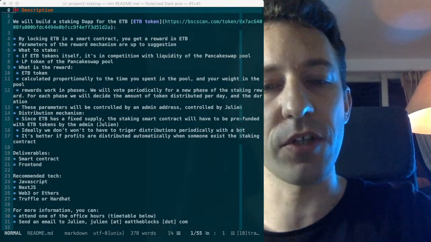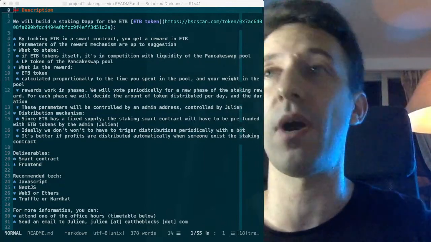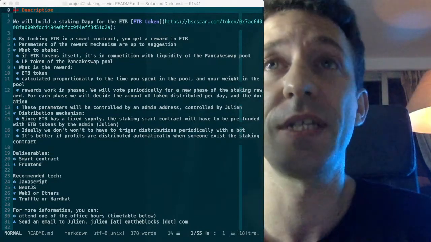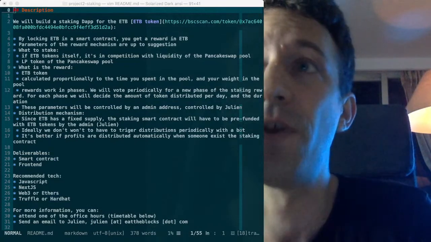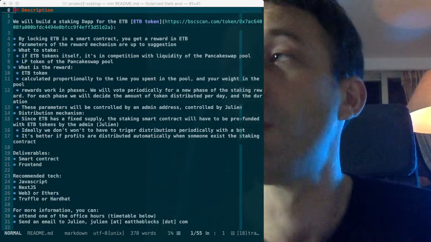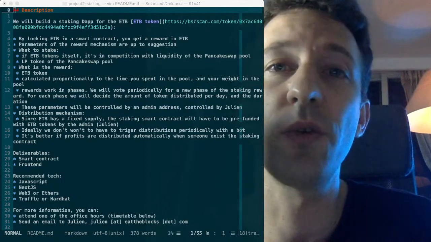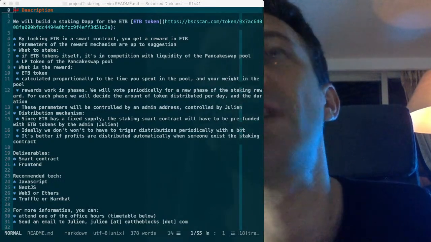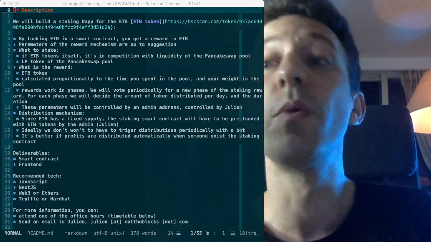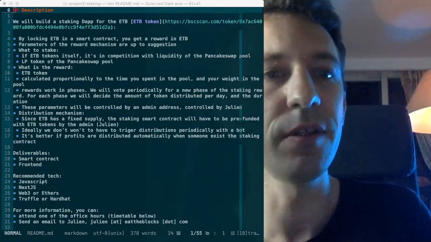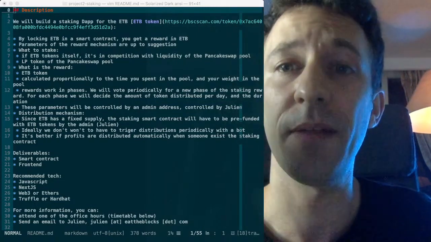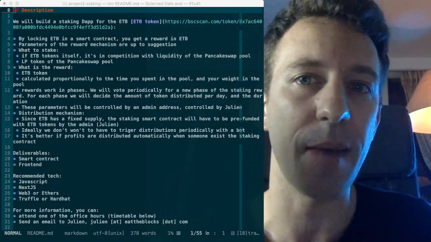For the previous project, we've done a voting app. So now we can use this app in order to do some votes, and in the future this will be used to determine the winner of the hackathon. And to vote, you will need to have some ETB token. We will put this online very soon, and for this second hackathon, we are going to do a staking